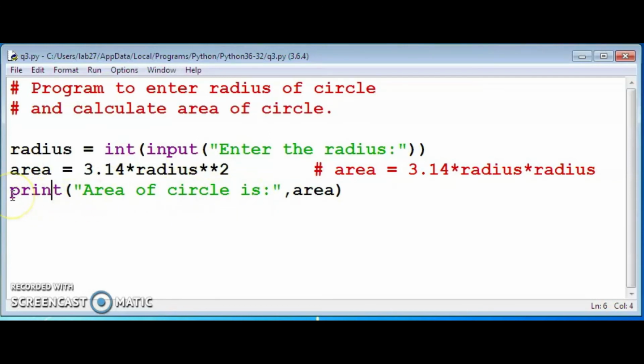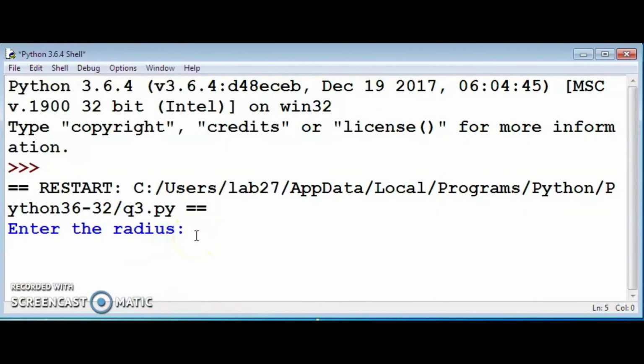For that, we used here print function. Print area of circle is area. Then execute this one, that is run mode. Enter the radius 5. Press enter. Area of circle is 78.5. Okay. Clear this one?